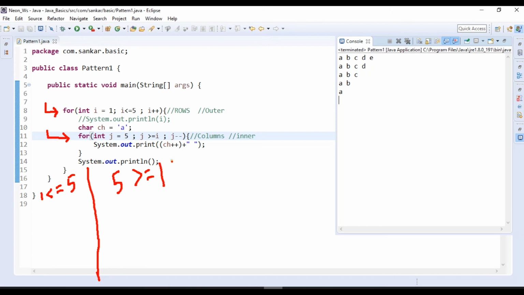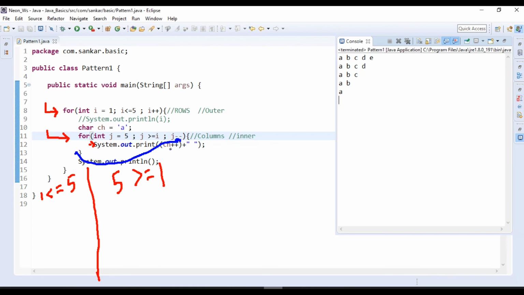Whether the condition will be satisfied or not. Happily it is satisfied, so immediately it will come inside the for loop and print a particular character. Okay, up to now you know everything. So what happened at the end of the for loop? It will go and check whether it is an increment or a decrement.